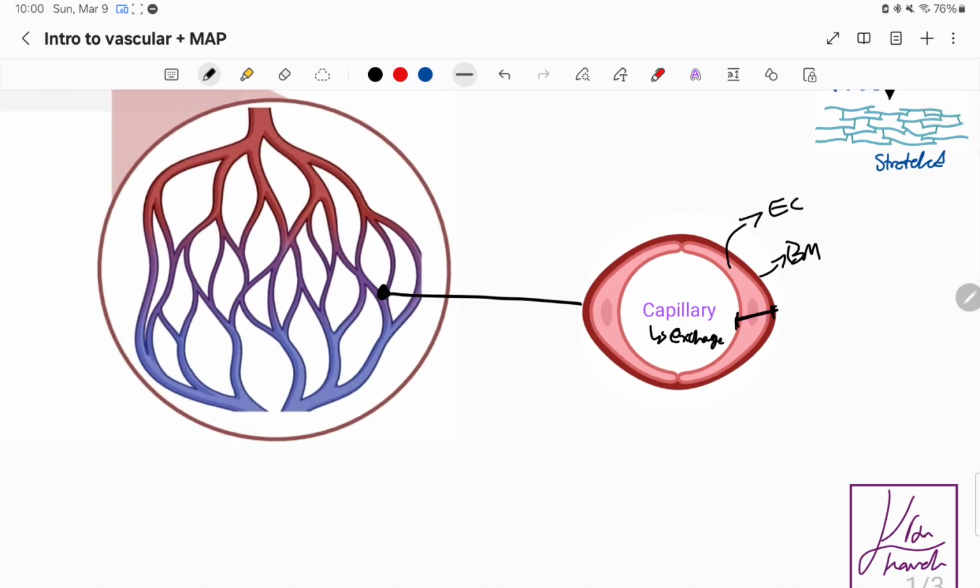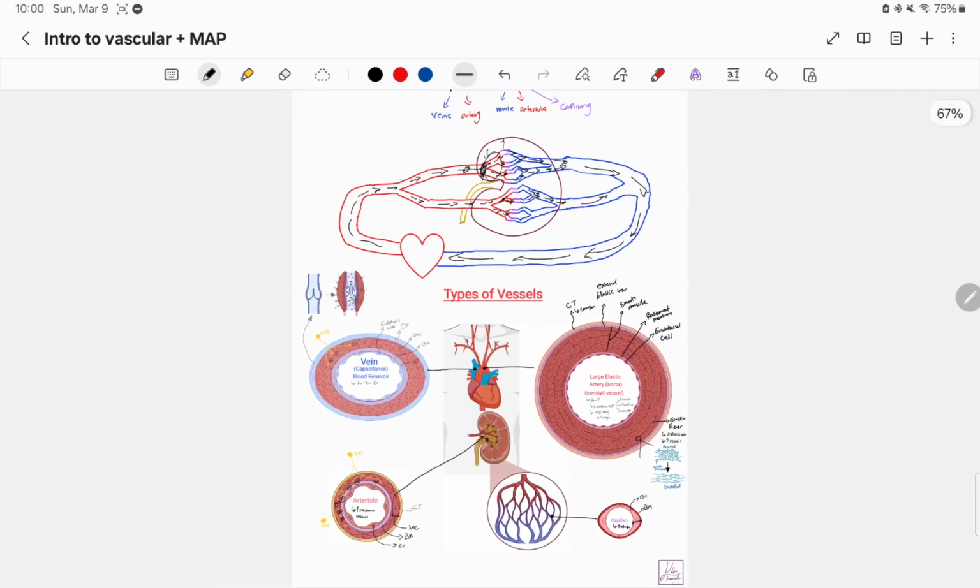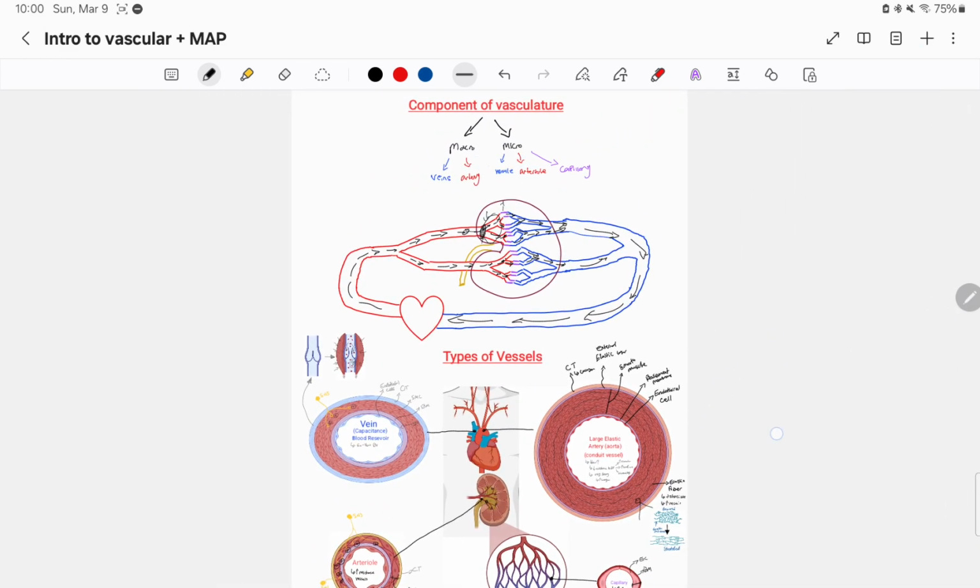That's it, okay? Which is great because they need to be as thin as possible, so things like O2 can easily diffuse in, and things like CO2 can easily diffuse out, okay? And maybe other nutrients as well, all right? Okay, so that's going to finish it here on the first page, including the component of the vasculature and the